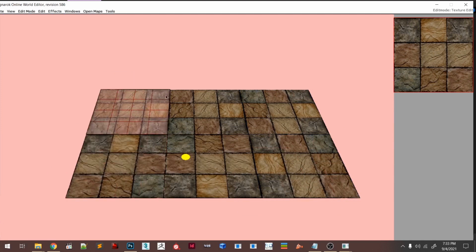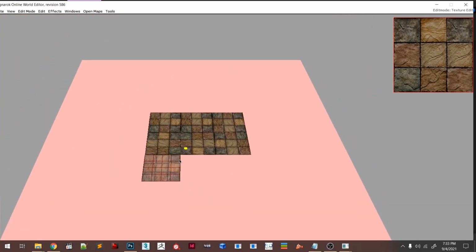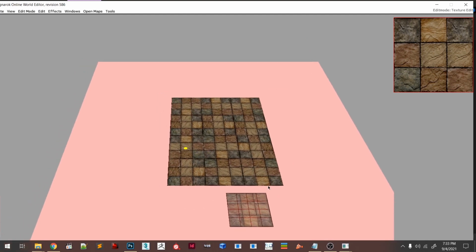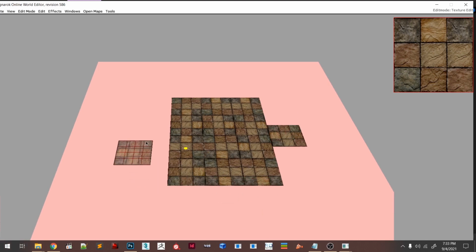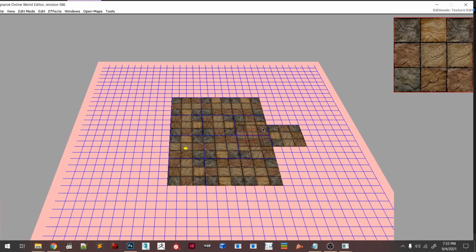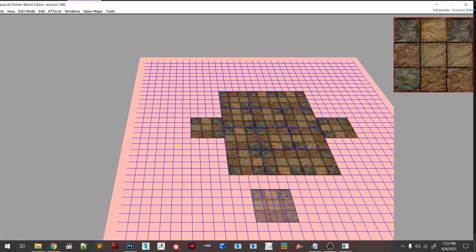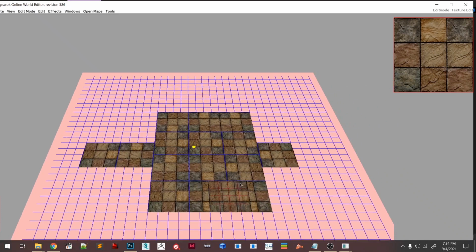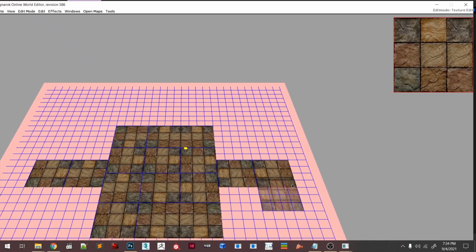Alright, so H, V, H, V. Alright, so right now I want this to press space and this to press space. And now I want to see the grid lines again, so I press G. And yeah. I want to add one more here, press space, and here I'll press V. Okay.